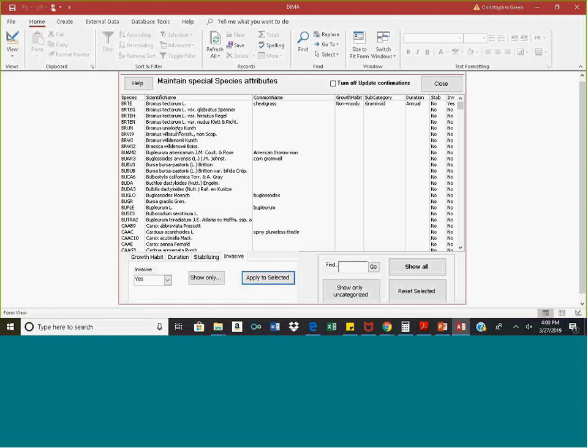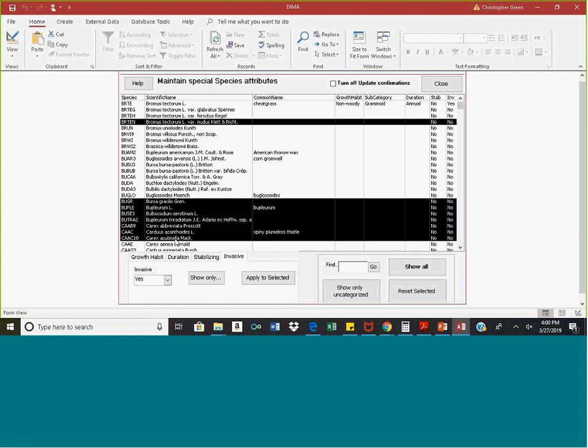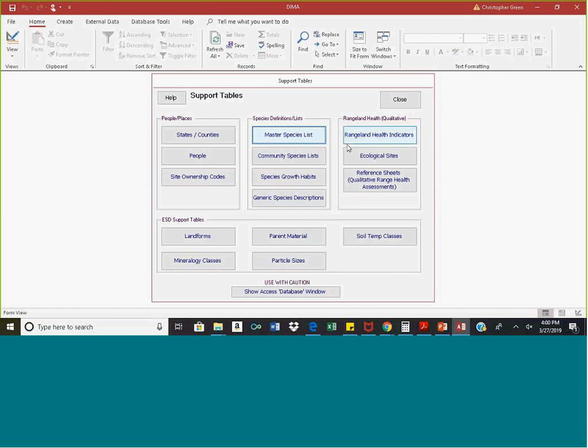Just to speed this up a little bit, you can select multiple plants at once, hitting Control, or even Control Shift, and you can change those at the same time. Cool. So we're done. The next thing I want to show you